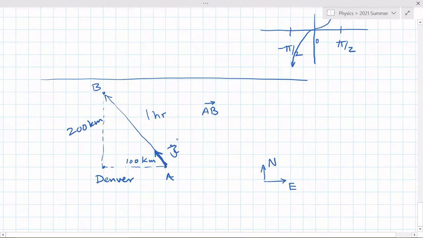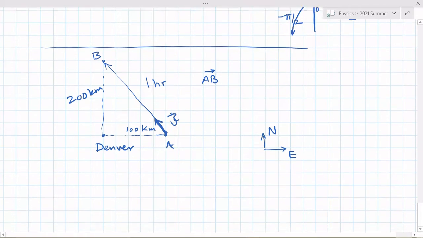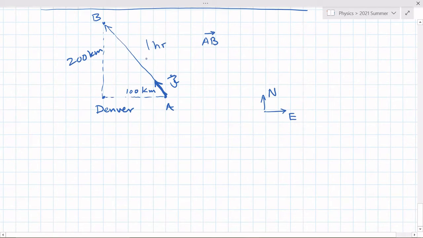Now we have to define, right? Assuming x is along E and y is along N, we have to find what this V is. So this vector is called the displacement. We don't normally use D because we often work with calculus and D is used for the differential, right? D over dt. So there are already many D's. We don't want to introduce one more D. So we usually use S. So displacement S, the magnitude of the displacement is